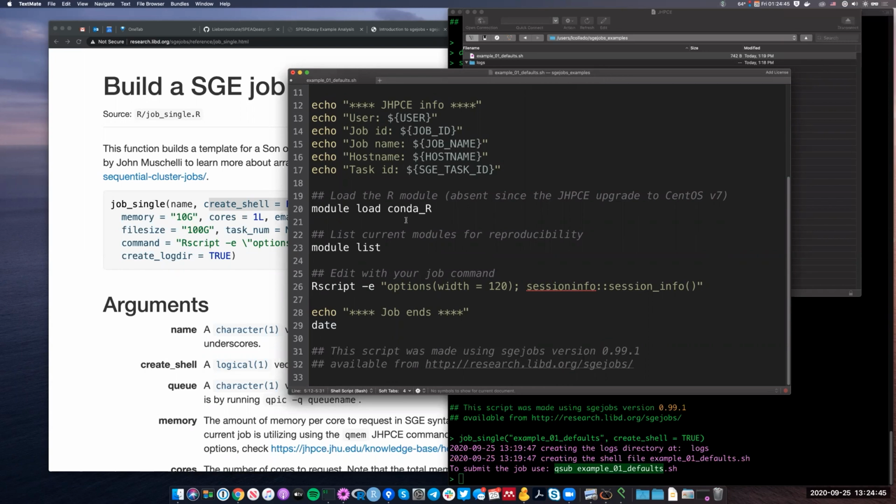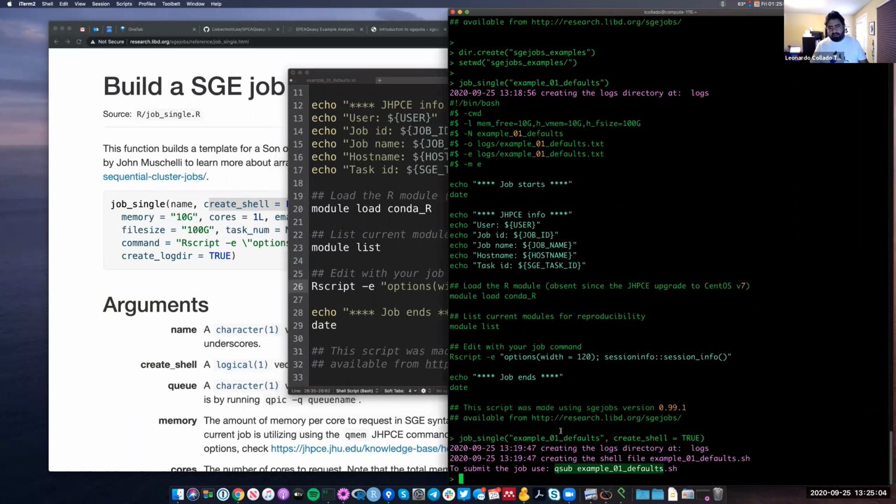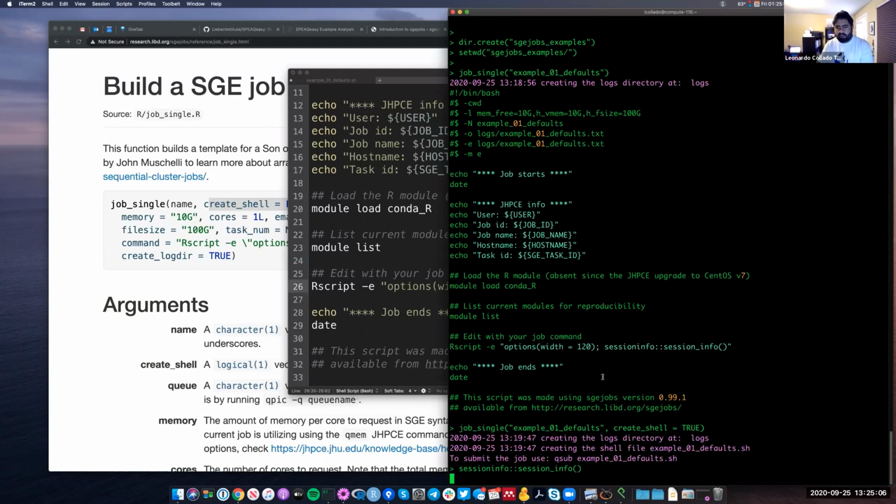Why do you use a default screen width of 120? Is there a specific reason? So I like to set it to 120 characters when I'm printing the output of session info, because if you have packages that were installed through GitHub, you need more space, more column space. So for example, if I just run that command right now here,